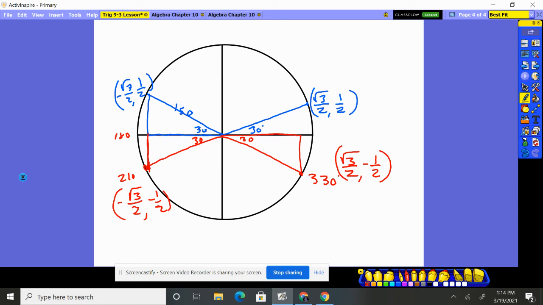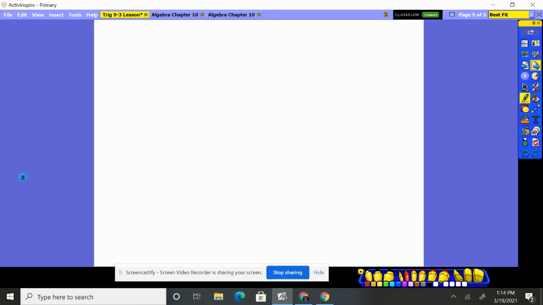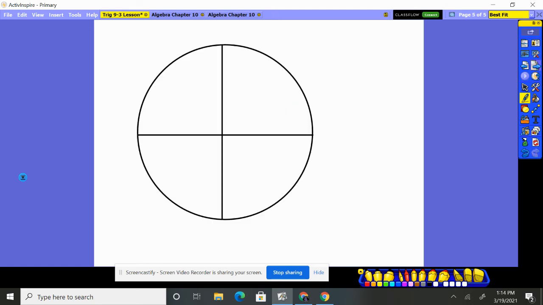And obviously here in the third quadrant, back here with the 210, everybody was negative. So notice all those that are 30 degrees away from the x-axis have that value, root 3 over 2 and a half. Now, I know when I was in school, it always was like, oh, wait, what is it? I can't remember. Well, it always made sense. You went over almost a whole unit. So what's bigger, root 3 over 2 or a half? If you do root 3 divided by 2 on your calculator,